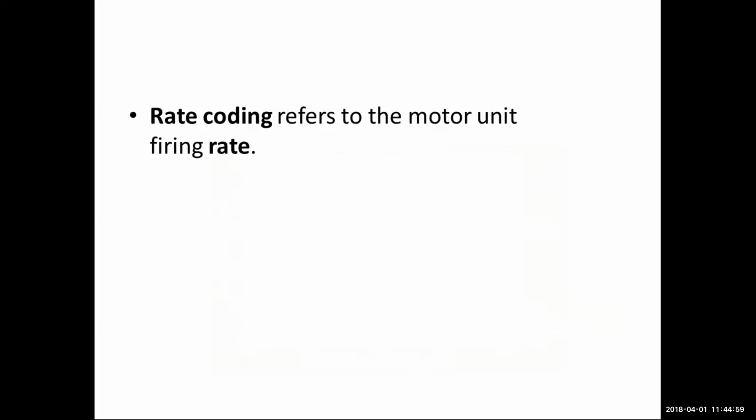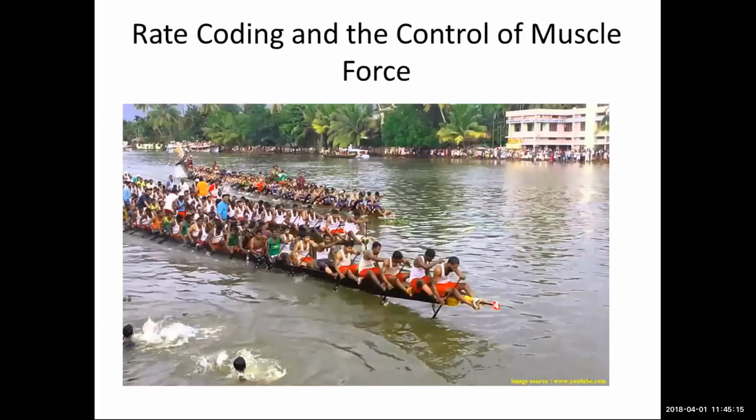One thing which is often neglected is what we call rate coding. Rate coding is a fairly simple idea to understand. So if you see the boat, the sort of dragon boat they have in Kerala, if they have to push the whole boat, rather than each person giving a large amount of force, what they will do is, if you have seen a video of it, you can go and see.